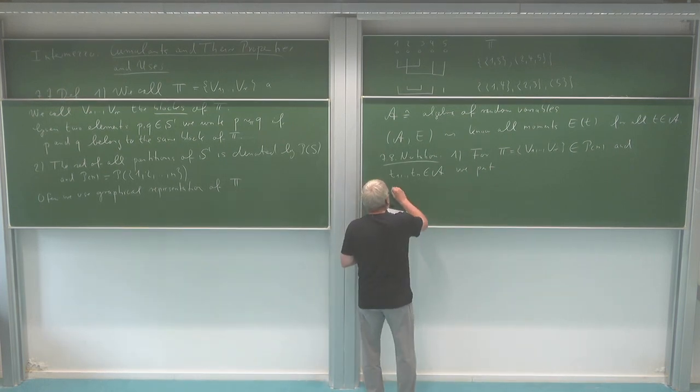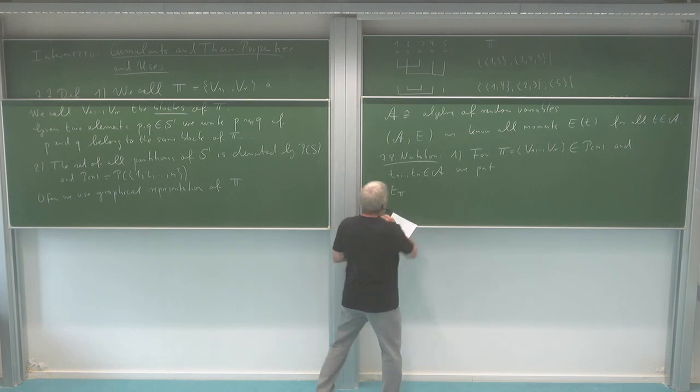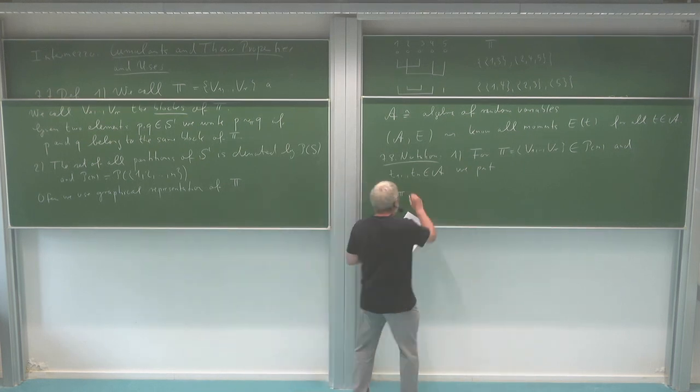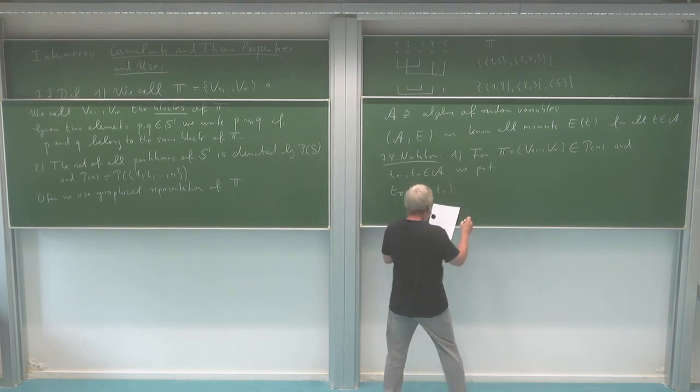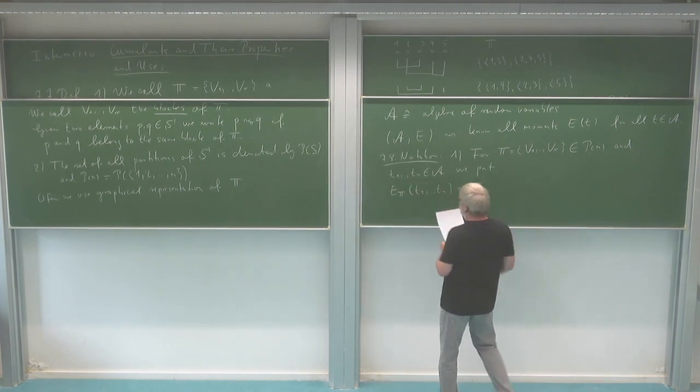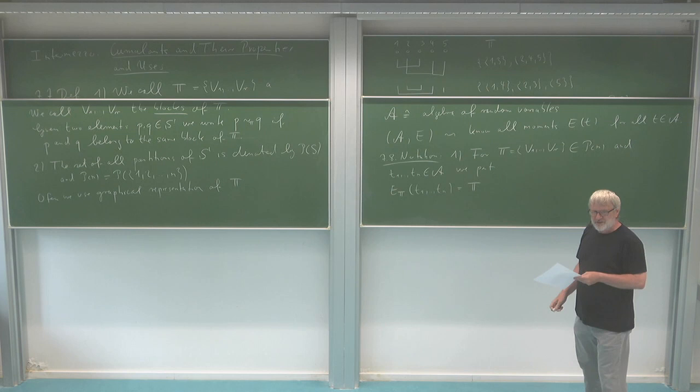So this means I take now, which I denote by E pi, so I'm putting the pi here, of t1 up to tn. So this is not just one moment, but a product of moments,